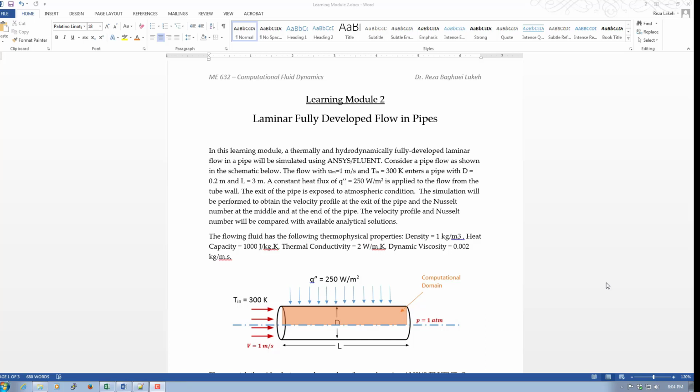Hello everybody. We're going to start learning module 2. In this learning module, we're going to simulate the flow inside a pipe. More specifically, we're going to study and simulate laminar fully developed flow in pipes. So in this learning module, a thermally and hydrodynamically fully developed laminar flow in a pipe will be simulated using